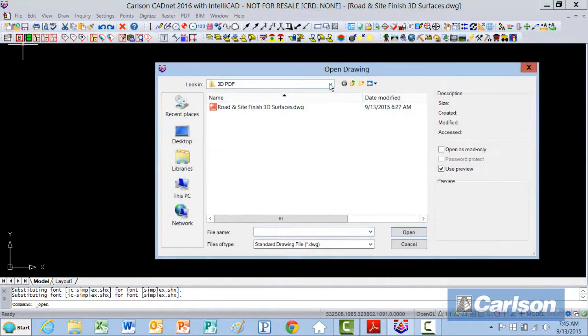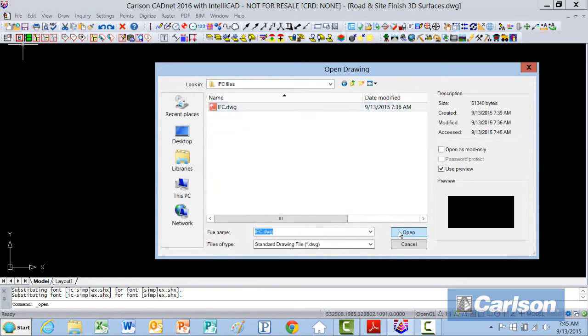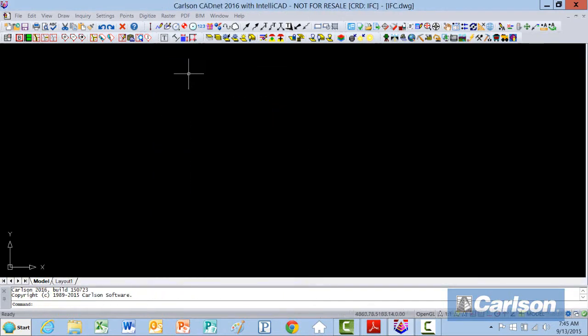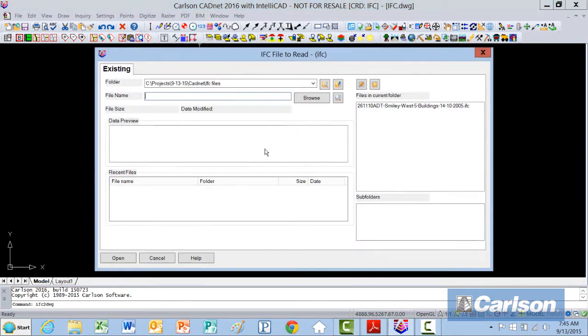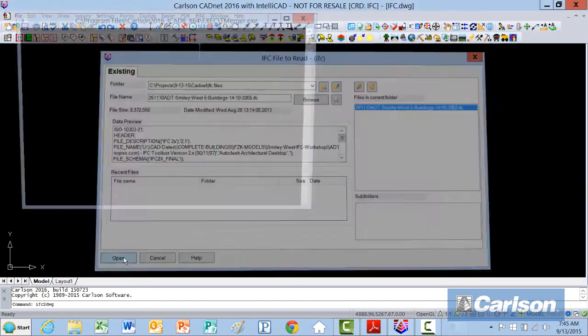My next thing to do is go in here and bring in an IFC file that I received from an architect. So I don't have anything here, so I go over to my BIM menu and I pick Import Architecture IFC file to model. If you notice, I also have a SketchUp file to drawing, architecture IFC file to drawing, 3D model viewer, convert information, and export my surface out to an IFC file. So I'm actually going to import the drawing, not the model. So if I pick here to the drawing, pick it,